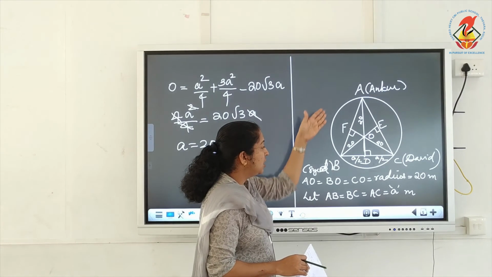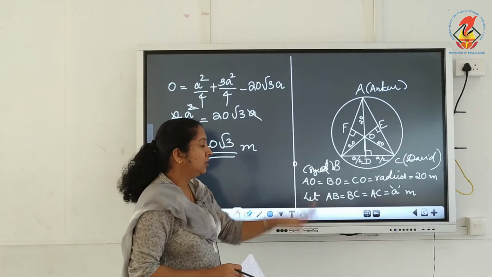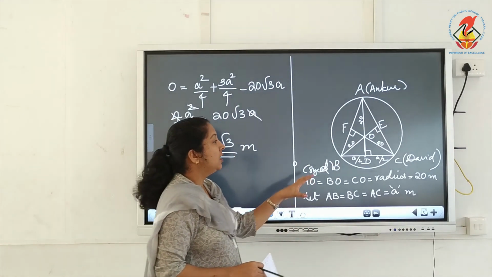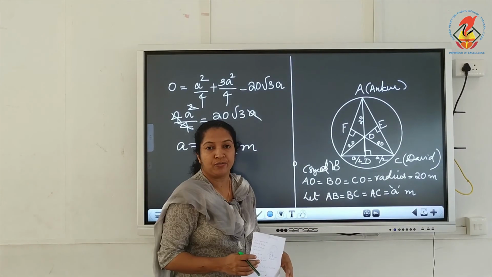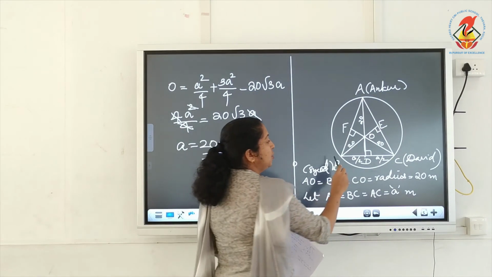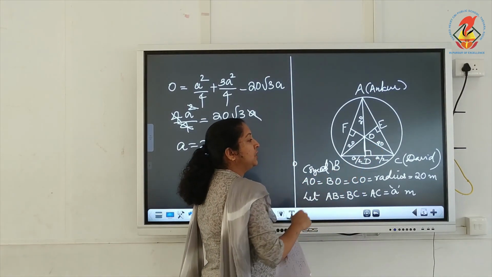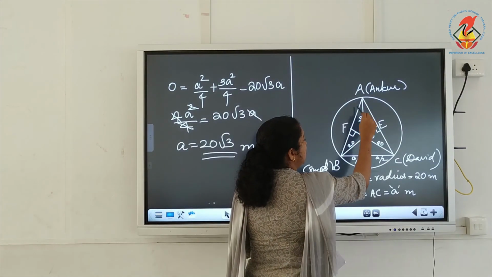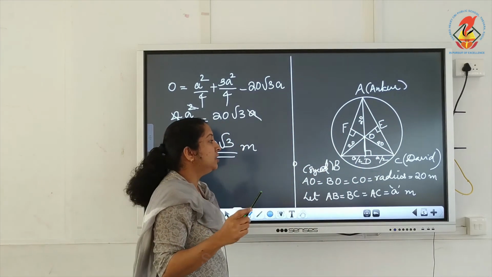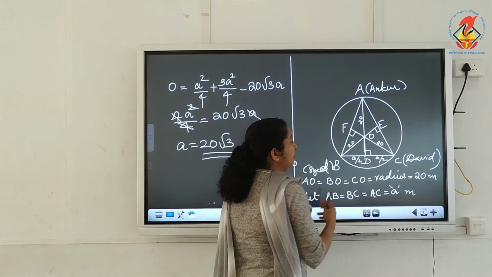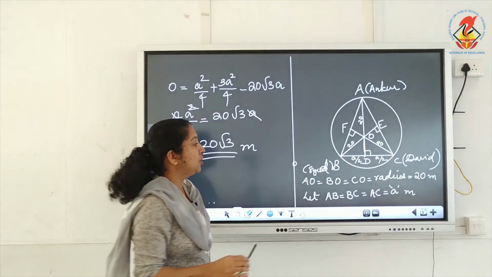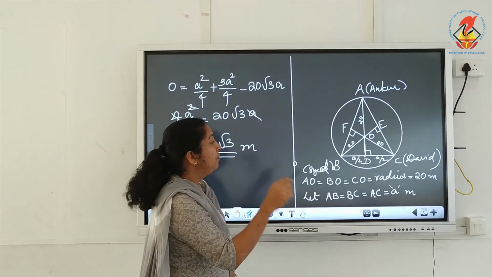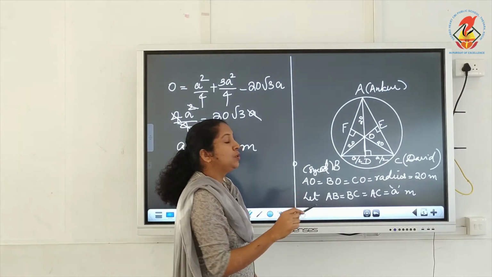What is given is Ankur, Sayed and David are sitting on a circle and they are holding a string toy phone, and what we are going to find is the length of the toy string. For that we have drawn all the perpendiculars from the vertices to the other side and we have taken each length as a meter. So BD is a by 2 because it is a perpendicular from the center to the chord. So it is a bisect, and OB is clearly the radius, it is 20. AO is the radius and OC is the radius.